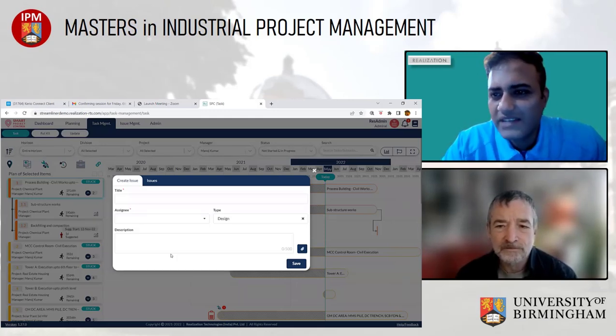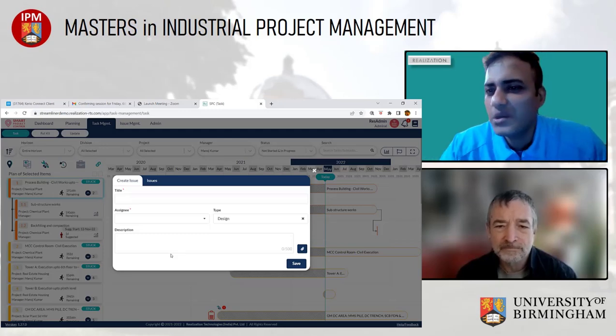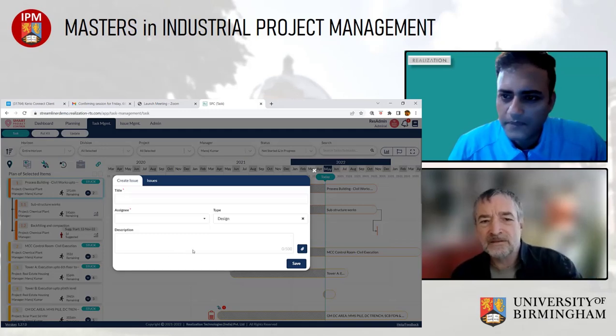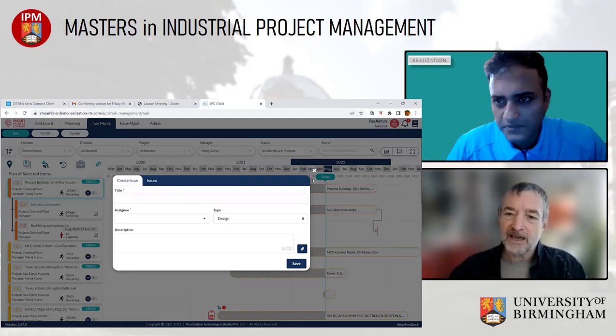But we can still identify whether a task duration is getting stuck. It is not decreasing. So we can still highlight it as stuck, but we can't tell you the reason for it if no issue has been raised. And that helps management to see that there's still a gap,